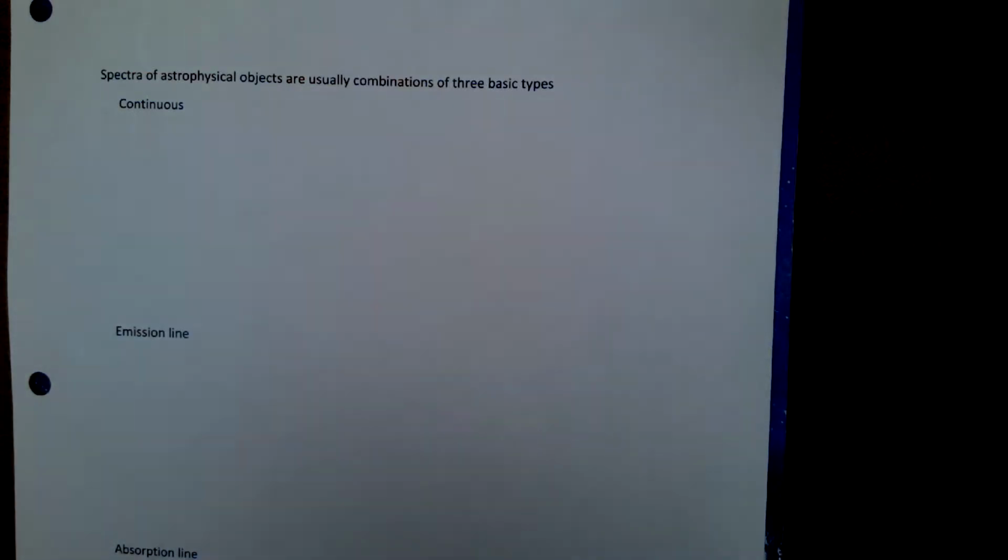So spectra, in other words, the light produced and the colors that are part of that light, of astrophysical objects are usually a combination of these three basic types. And these are going to all be definitions. So I'm just going to go ahead and underline each one of these in red. First one is continuous. And a continuous spectrum is a spectrum